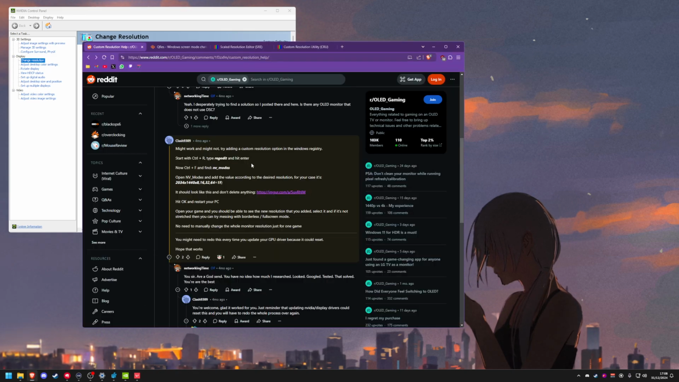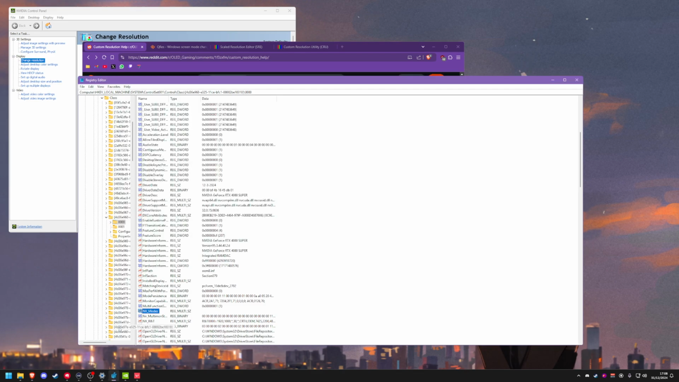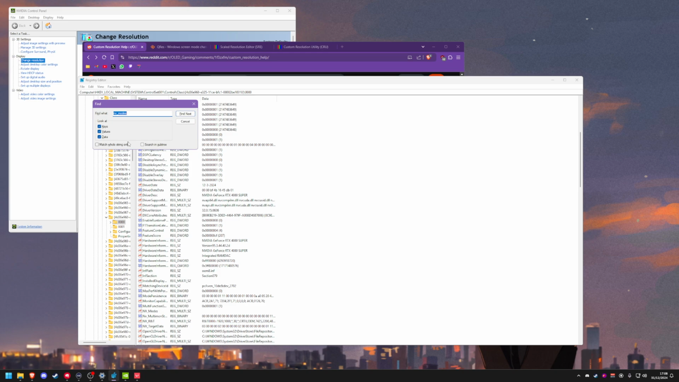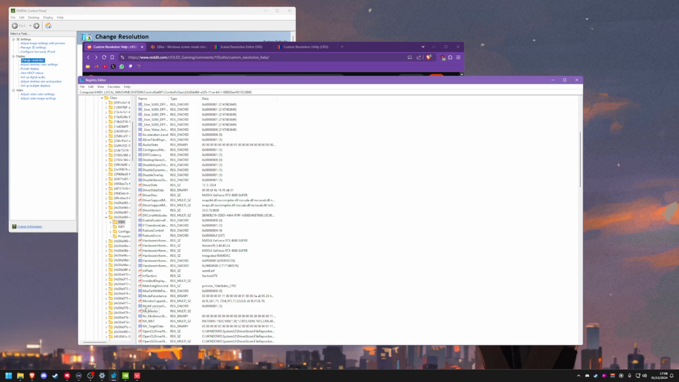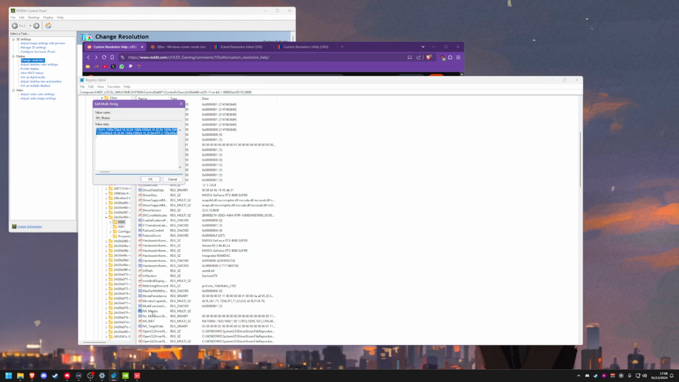Fortunately, there is a workaround, and there's a few different options that you can go through. The method that I have used is from this Reddit thread, where I've gone into the registry and I've done a control F for NV modes, which will find the string that I need to add the resolution to. And I believe this path might be different depending on your GPU. It might be different, it might be the same. But we want NV modes, and we're just going to add in our resolution like this here, which is shown